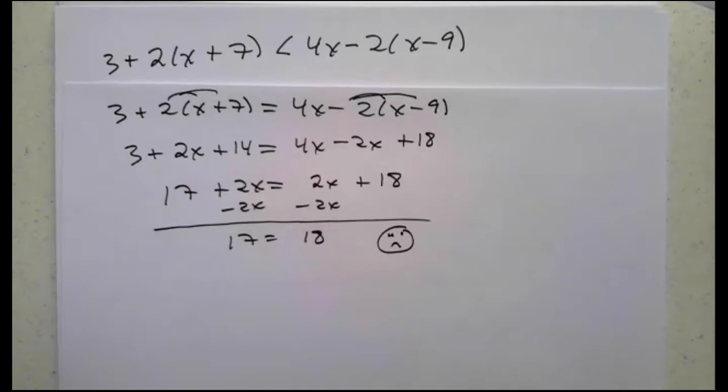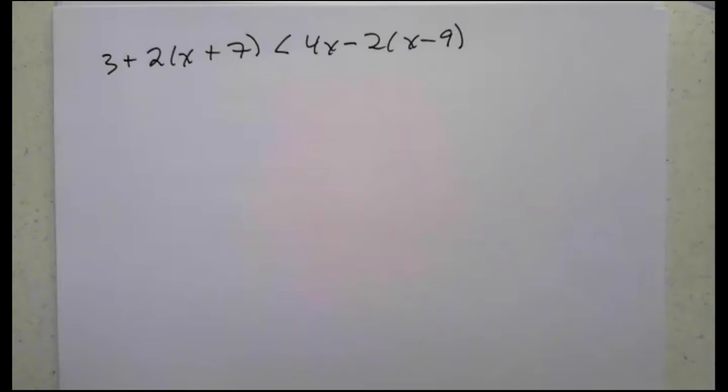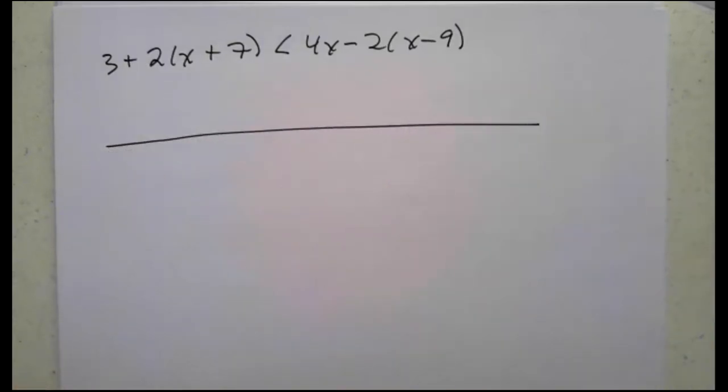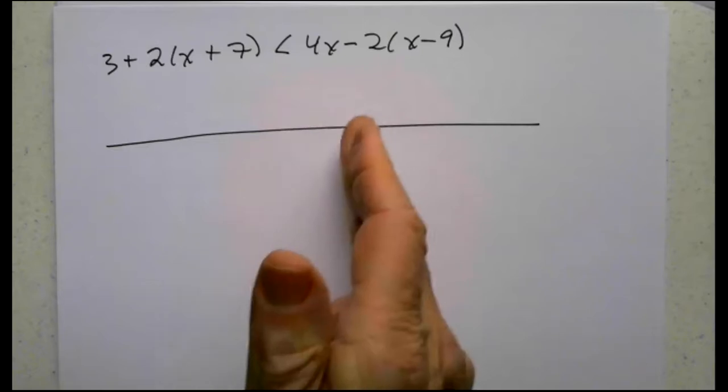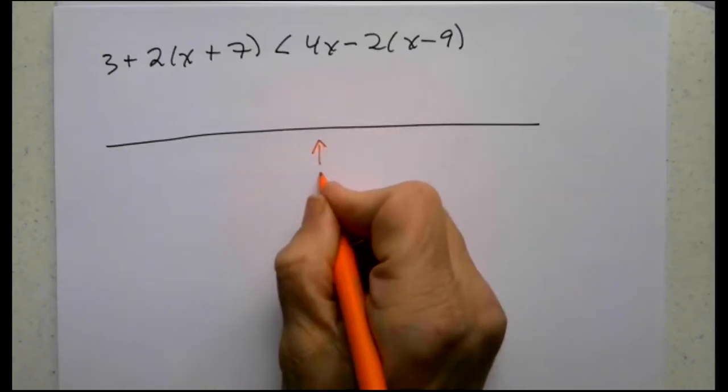I don't have a left and a right side. All I have is everything. Either it's always true or it's never true. Those are my two options. So the way I visualize this is I don't have any cut points, no open or closed dots. I'm just going to pick a point in the middle and I'm going to see, is that true or is